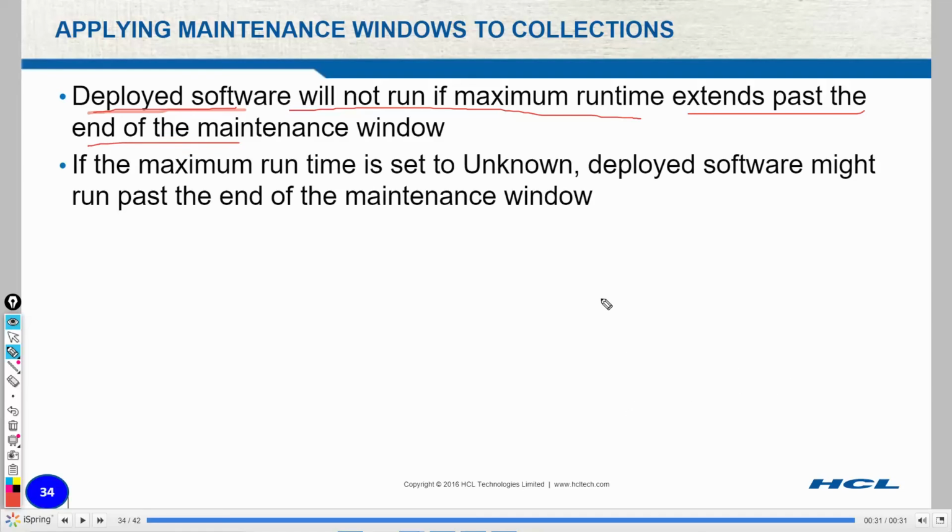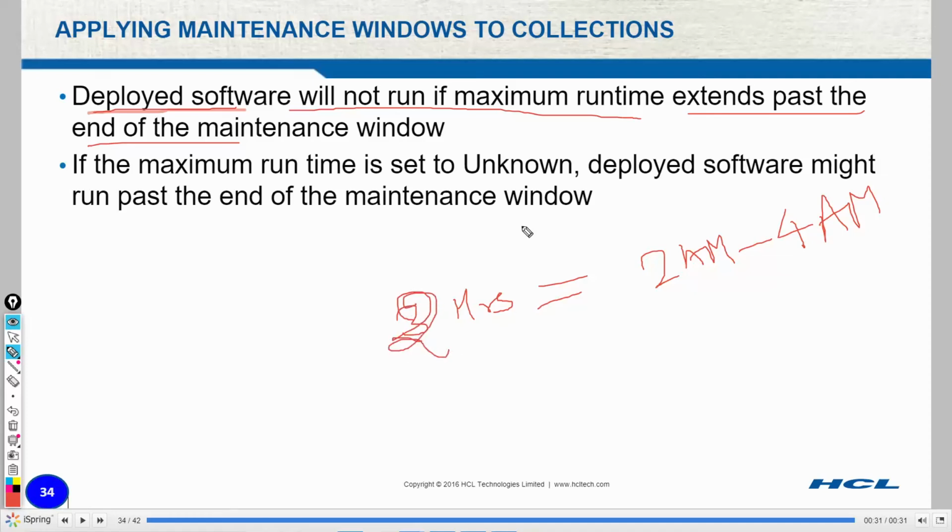For example, if you have defined a maintenance window from 2 a.m. to 4 a.m., how many hours is it, Neha? 3 hours? No, sir, 2 hours. Okay, so let's say we have defined 2 hours.